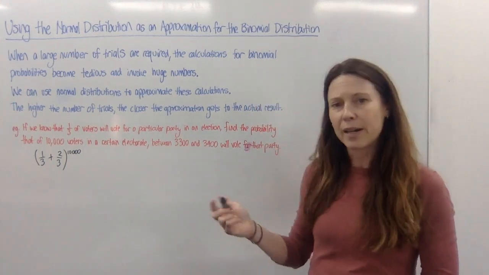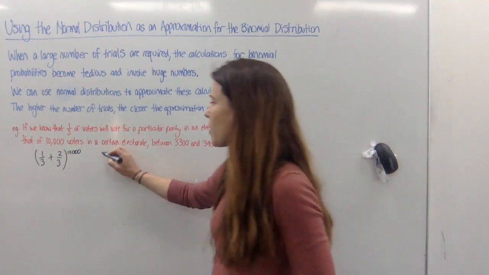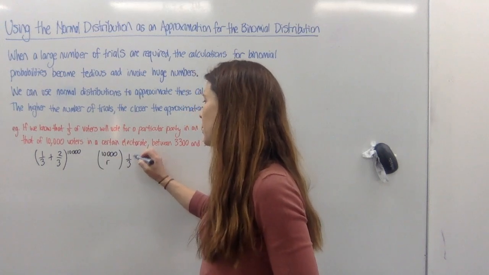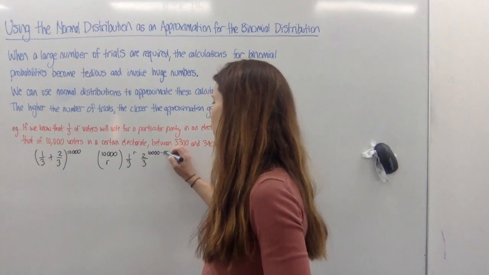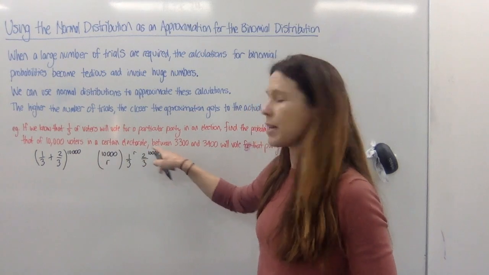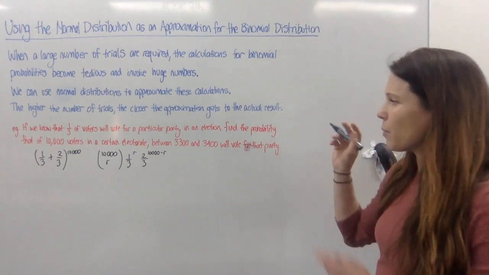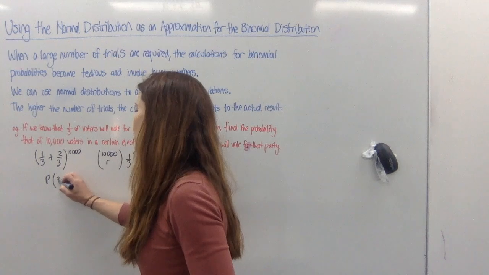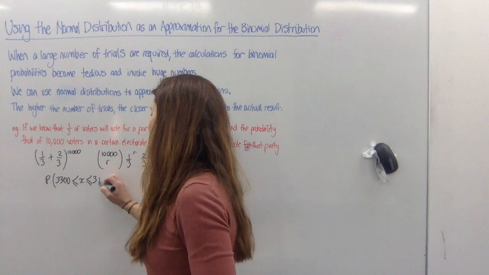We've learned an easy way of finding any one term using the binomial method, where we say any one term is going to be 10,000 choose r, 1/3 to the power of r, 2/3 to the power of 10,000 minus r. We also know that these two numbers need to add to 10,000, and the number here needs to be one of these two, and we found that it's actually a lot more straightforward just to use this number down here. But the problem with this question is that effectively the probability that X is between 3,300 and 3,400,